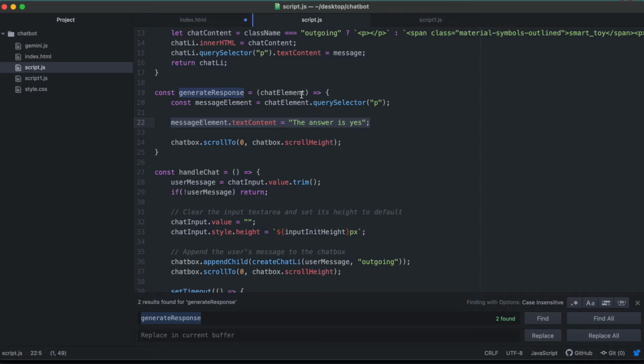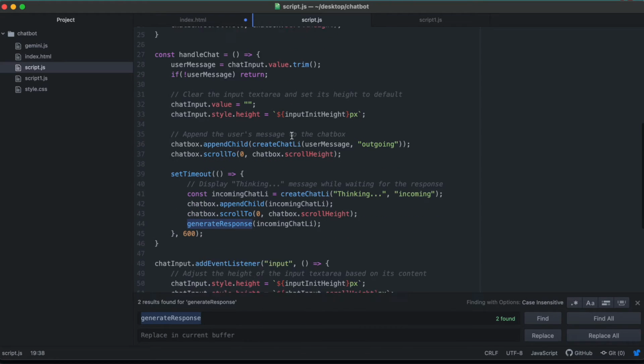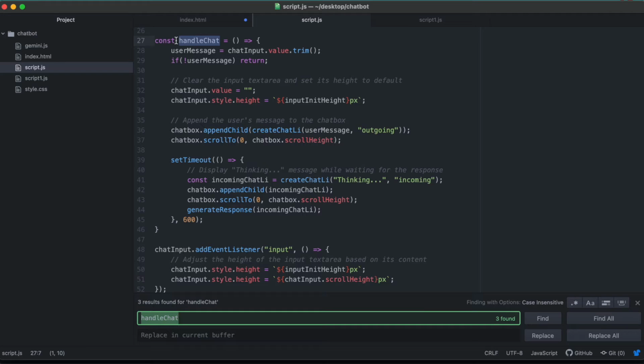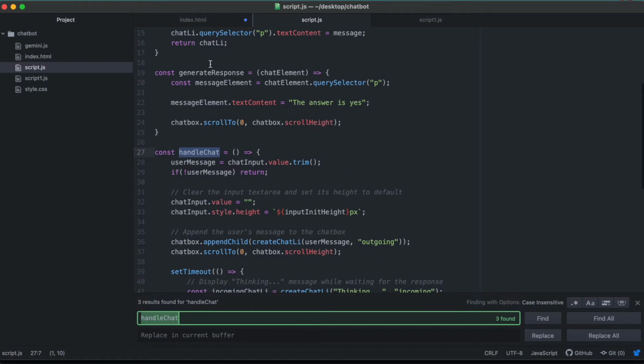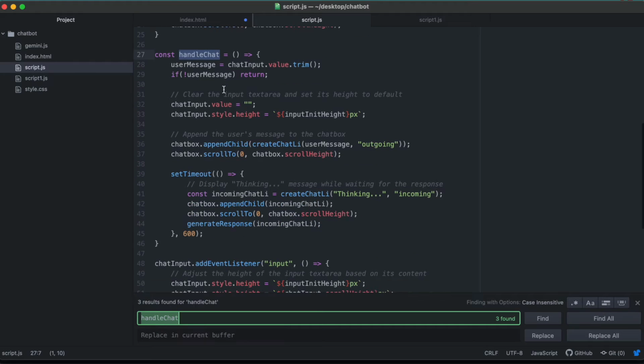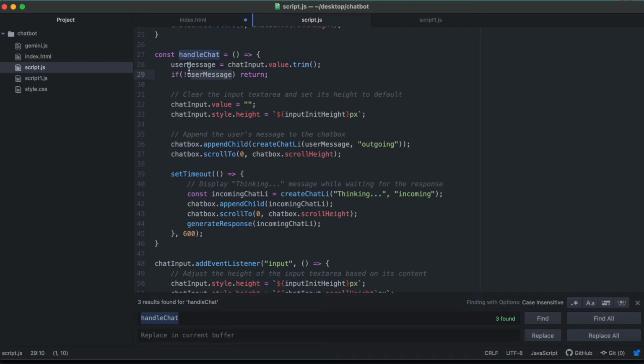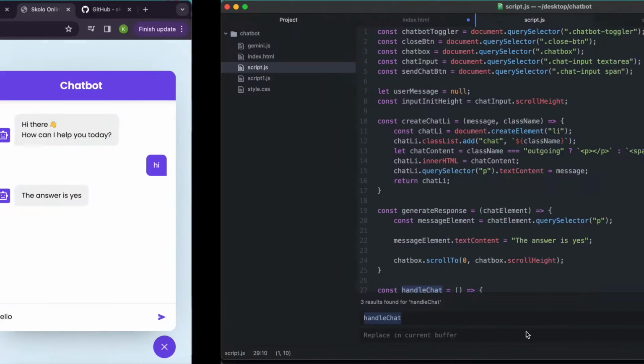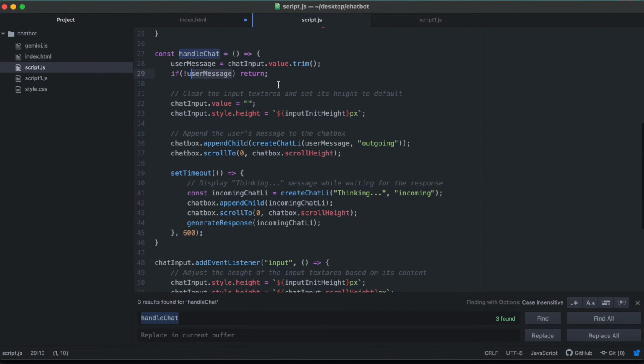So of course, we then need to find a way to get that question over there. And you can see the handle chat function is the larger function that incorporates this generate response function. This handle chat function, first of all, looks for the user message. The user message is what the user would have typed in, and that's the chat input value. And the chat input is this query selector, this text area that I showed you earlier on. Okay, so it just basically takes the message that's in the text area, and if there's no message, it just returns,